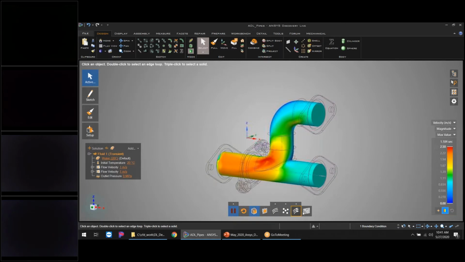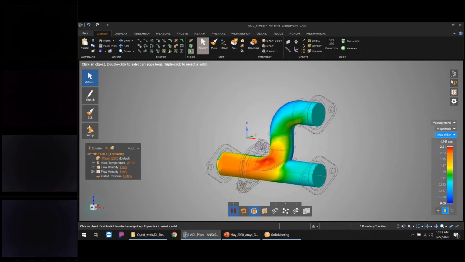We've got some post-processing options down at the bottom, and on the right we've got our color legend. And you can see right now there's actually a bit of a timer going. So what's happening right now is we're constantly analyzing a transient flow analysis. So this is actually solving right now and continuing to solve. And that's one of the ways that as I make changes, whether it's to my boundary conditions or if I change my material properties, or as we'll see in a second, as I change my geometry, since it's constantly running a transient analysis, it's going to immediately update.